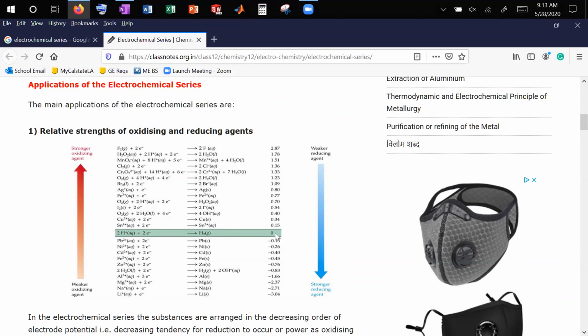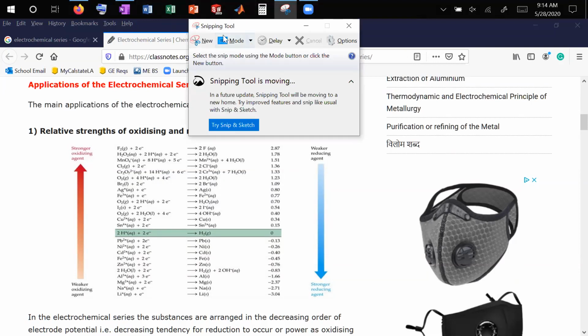And you'll notice here that they're all referenced. The 0 point is this hydrogen. So we talked about that a little bit last time, right? This is kind of the reference reaction. So I'm just going to take this, just bring this over into our